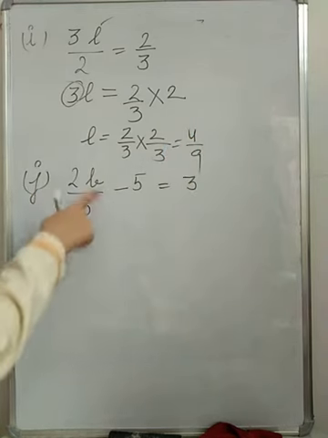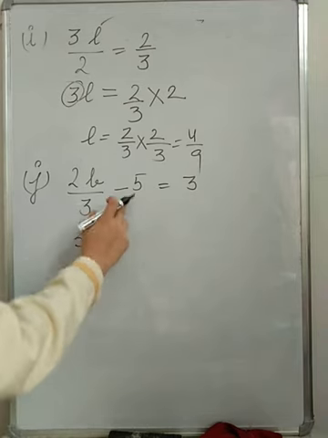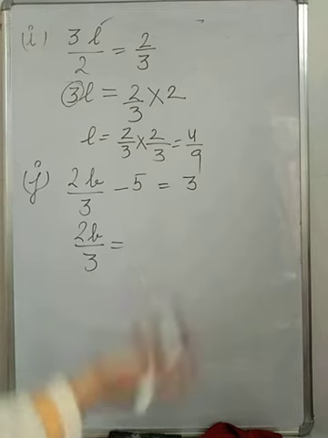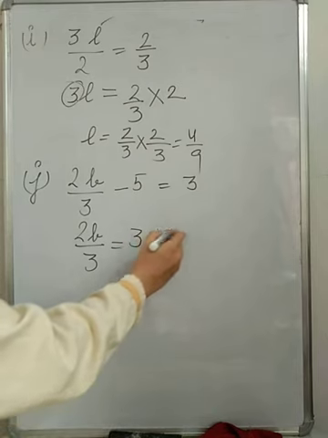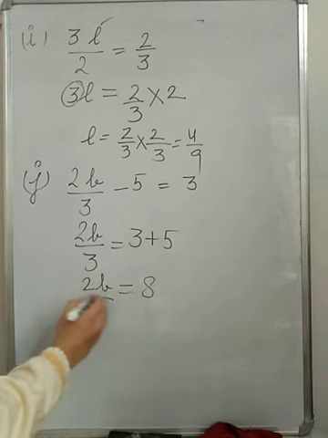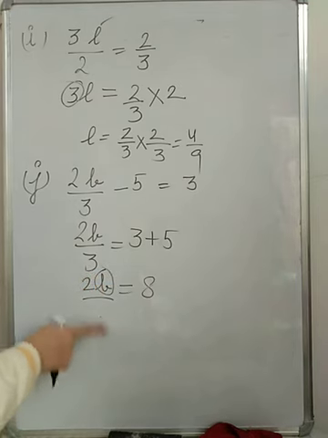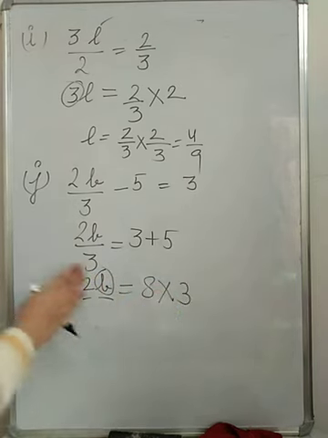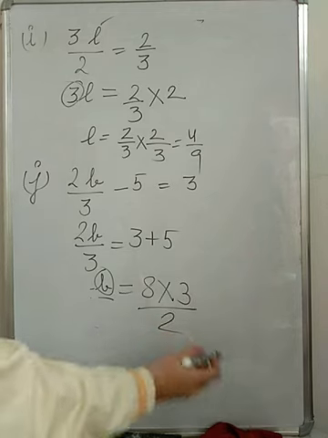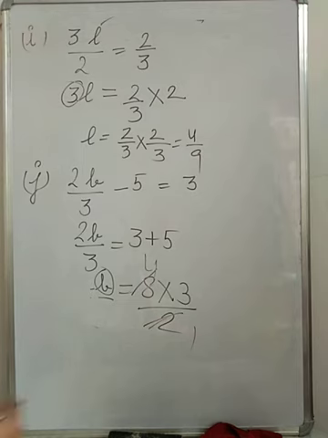Next they are saying 2b upon 3 minus 5 equals 3. Now minus 5, move to the other side, it will be plus 5. So 3 plus 5, that is 8. So 2b upon 3 equals 8. Now you can find the value of b. Okay, firstly take that 3 to the other side, and then in the next step you will take that 2 down. Okay, now 1 and 4. So the answer is 4 3s are 12. So the value of b is 12. In this way you can do that.